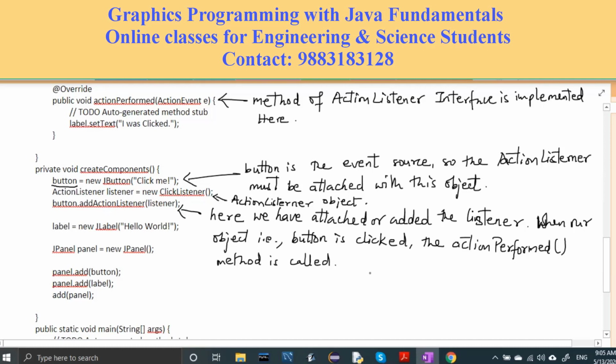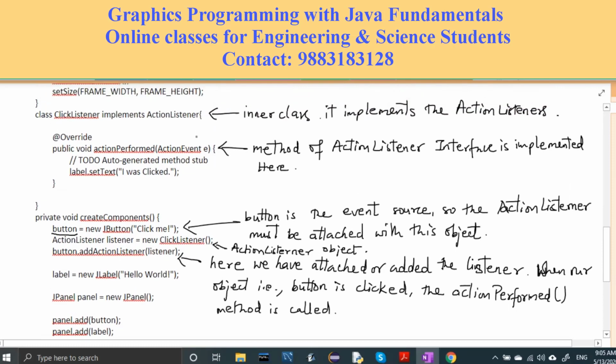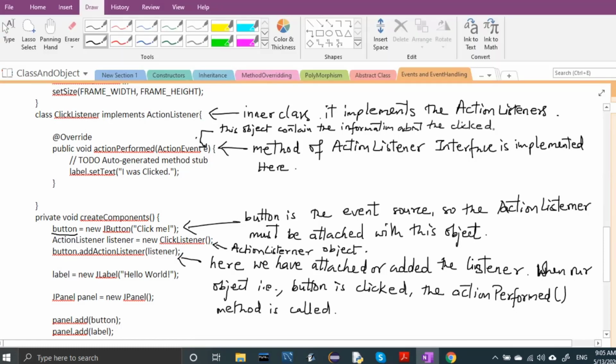This method has one parameter, the ActionEvent. Let me talk about this action event. This object contains the information about the clicked event.